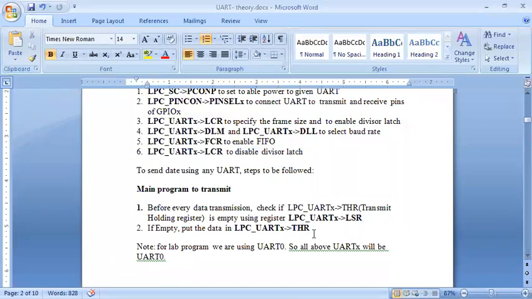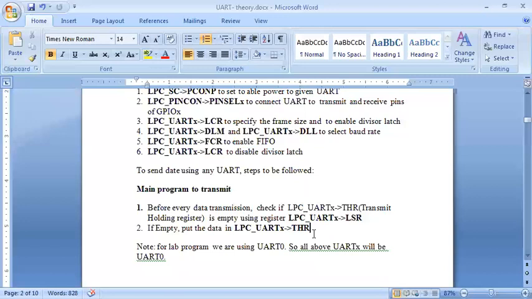Now, can I put data whenever I want? No, we can't. For example, just now I said A, but say I want to send ABCD. I have to put them one by one: first A, then B, then C, then D. When I put A in my THR, it goes to my FIFO, and from the FIFO it goes to UART.